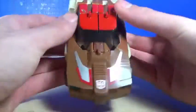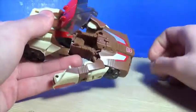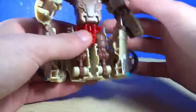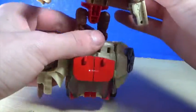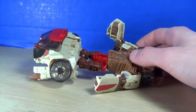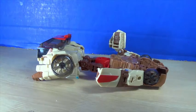Now for the robot mode. Let's go on to the robot mode. First, open up the legs, pull the windscreen back like so. Take the legs like that and flip them down like so. And before I move on with the transformation, I need to get my Titans Returns Brainstorm, because Blur and Brainstorm